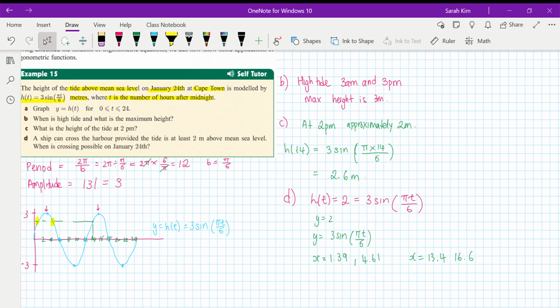So it'll be approximately 1:23 a.m. to 4:36 a.m. and then 13.24, which is 1:24 p.m. to